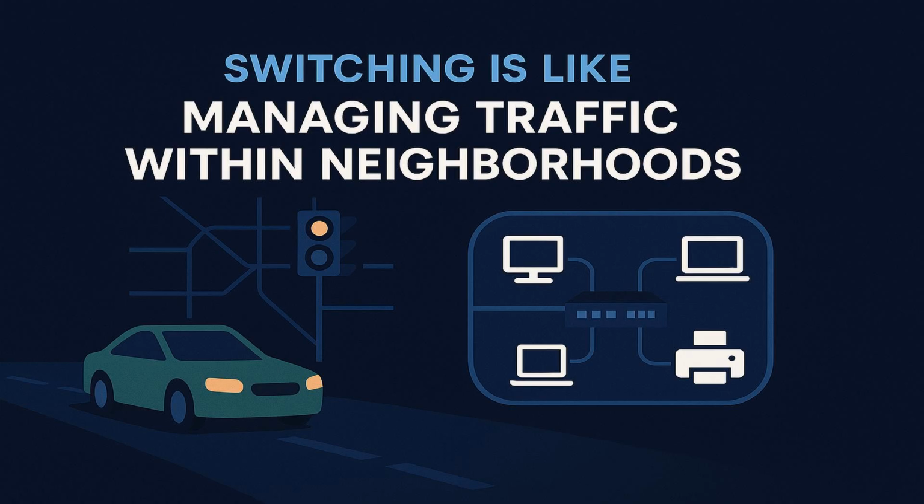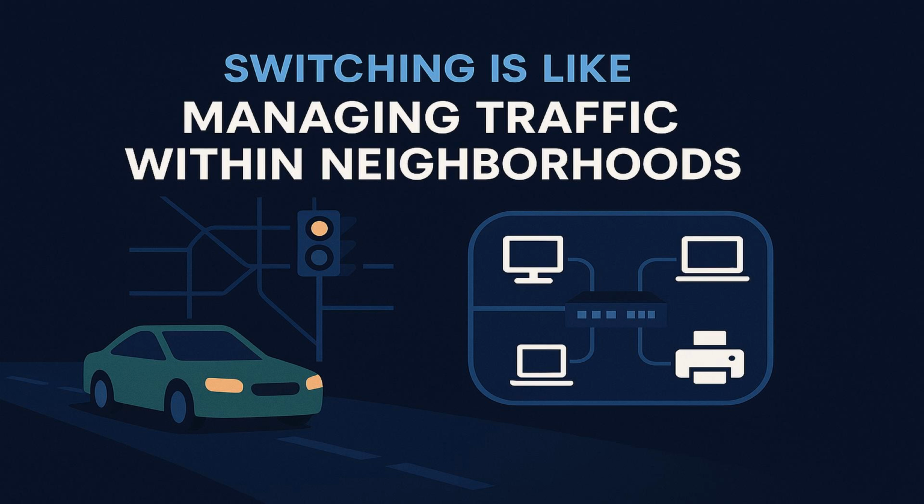Imagine your data is like cars moving through a city. Switching is like managing traffic within neighborhoods. It works at layer 2 of the OSI model, the data link layer, and deals with MAC addresses. Switches connect devices within the same local area network, LAN, and forward frames based on MAC address tables. If your computer wants to talk to a printer on the same network, the switch handles that local traffic quickly